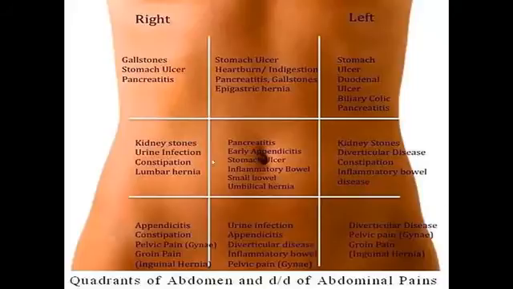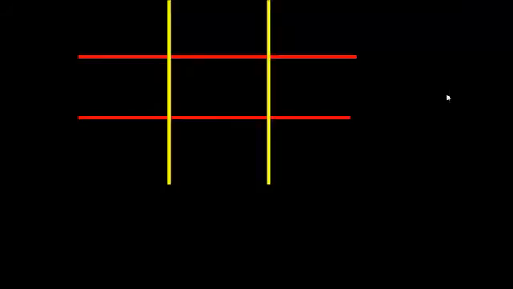Now, I know that all these diseases that I already mentioned and the pain reasons and everything might seem a bit confusing and might be a bit hard to learn, even if you actually know the anatomical position of every single structure. Sometimes the pain might be referred to other pain. Therefore, I concluded a very easy way to learn the different differential diagnosis of the abdominal pain according to the quadrants. Now, this scheme basically is going to be representing the quadrants as I represented them in the first slide